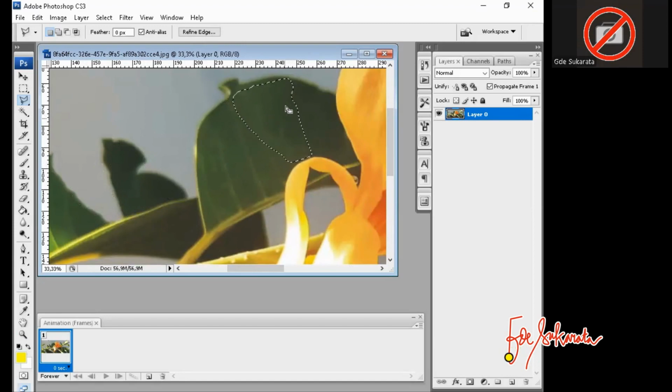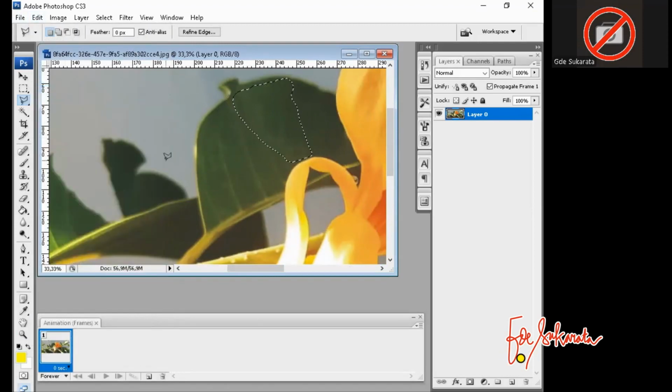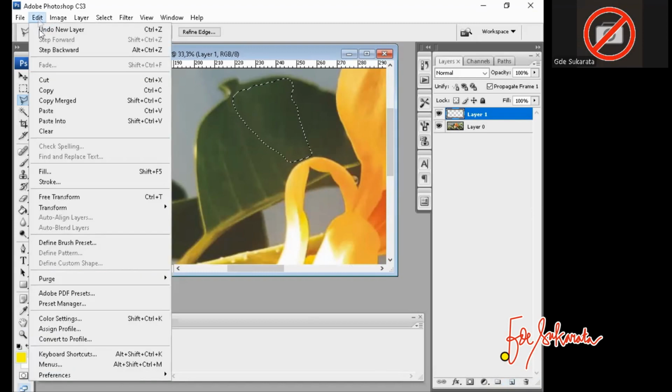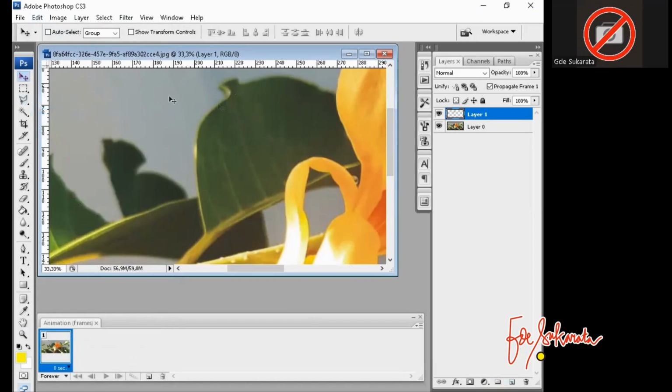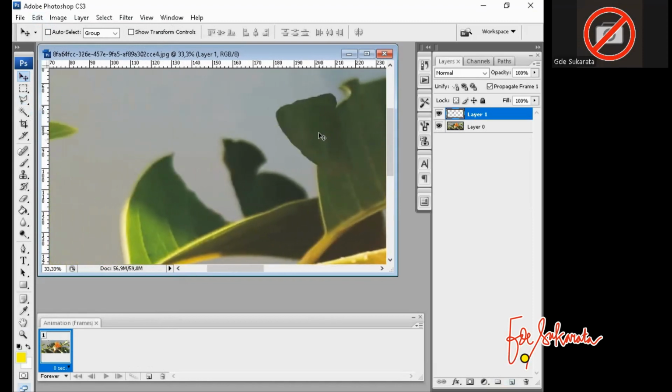After here you can edit, then copy, and then we can create a new layer and paste the copied area. Okay, that's it. Hold space to scroll this.